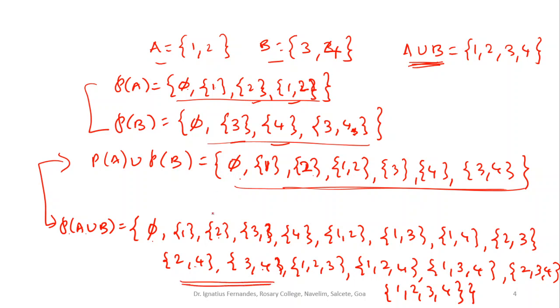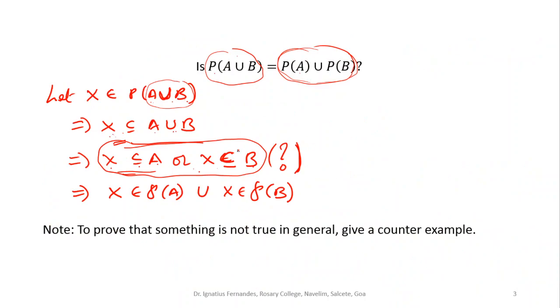So we have given a counter example to say that power set of A union B is not the same as power set of A union power set of B. Going back to the question that we were trying to answer originally, it is not true; it is not equal. So this is how the results on power sets can be proved. You have to just remember the basic definitions, and go on substituting depending on what you are trying to write down. Thank you.